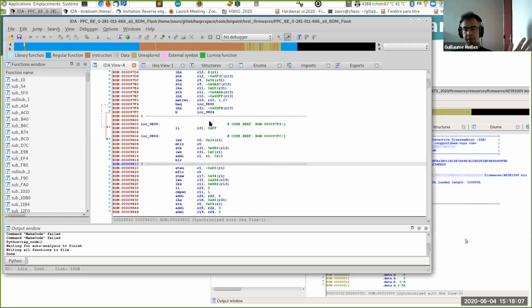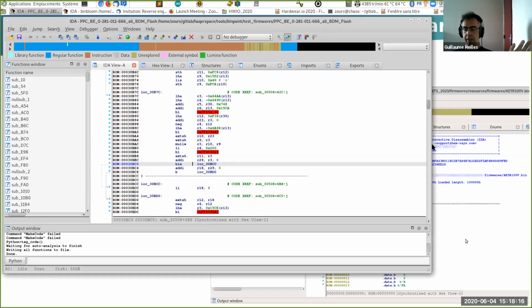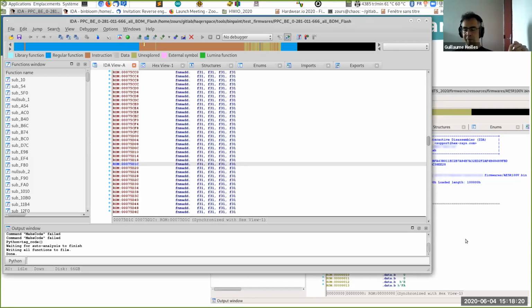It's not very clever to do that. There is no meaning. You really don't know if the thing you are trying to decode as a function is code or is data, okay? IDA will try its best, but it really doesn't work very well, okay? Another thing we like to do,